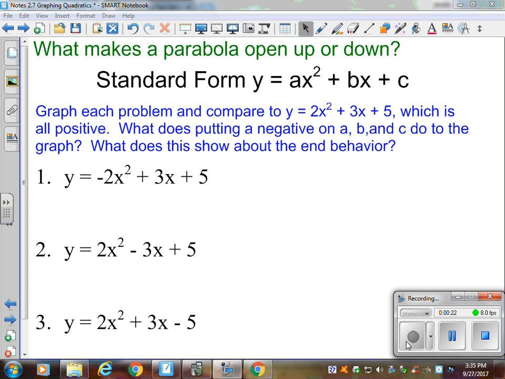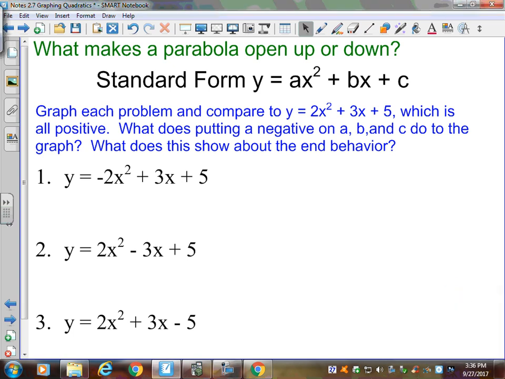Ax squared plus bx plus c is the format you're most familiar with in terms of quadratic equations. The a is always with the x squared, the b is always with x, and the c is always the constant, because it has to be in order. They put the letters on there alphabetically because x squared, no matter where it is in the formula,